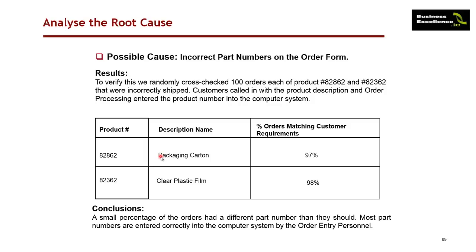So for example, if somebody wanted to order a packaging carton which has a product code 82862, what we found is 97% of the time they typed in the correct product number. If somebody ordered clear plastic film, what we found is 98% of the time they typed in the correct product number, which was 82362. So in this case, we have accuracy of 97 and 98%, again, which is a very, very high percentage,